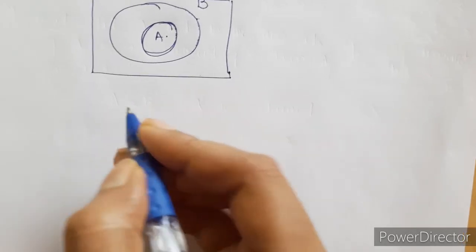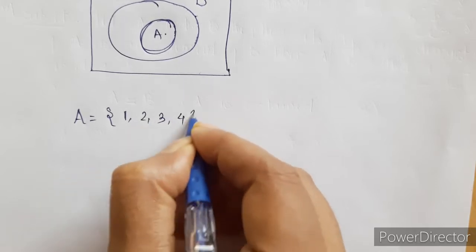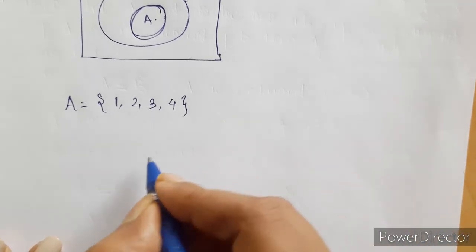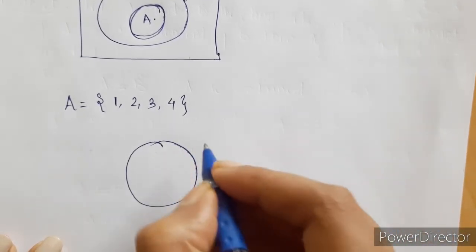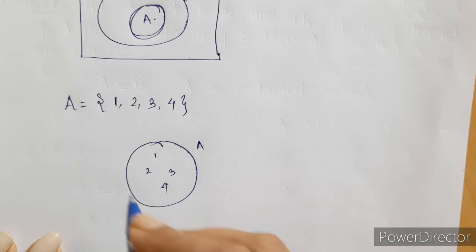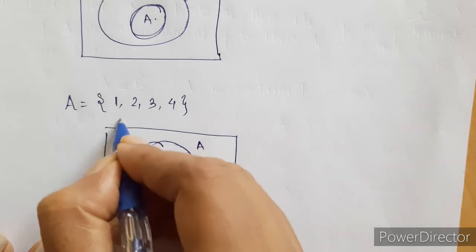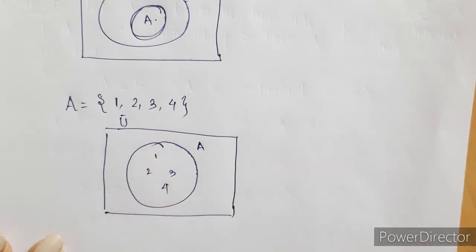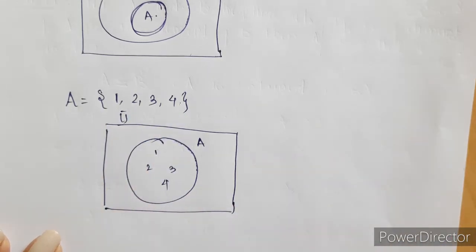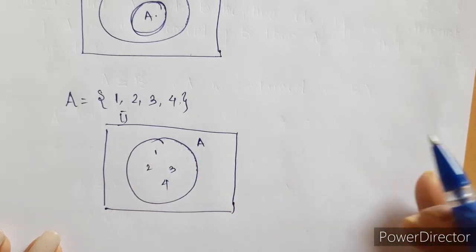Now let's take another example. Suppose we have set A wherein we have elements 1, 2, 3, 4. And now we have to draw Venn diagram for this. We just have to draw a circle. This is your set A and these are the elements in the set, and the bigger rectangle is going to denote the universal set. Now since these are natural numbers 1 till 4, your universal set can be any bigger set than this particular set. It can be the whole natural numbers, the complete set of natural numbers.